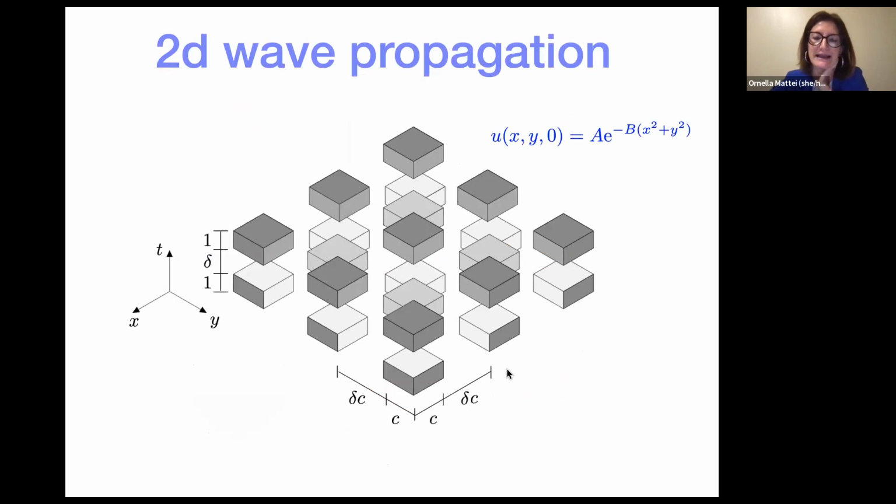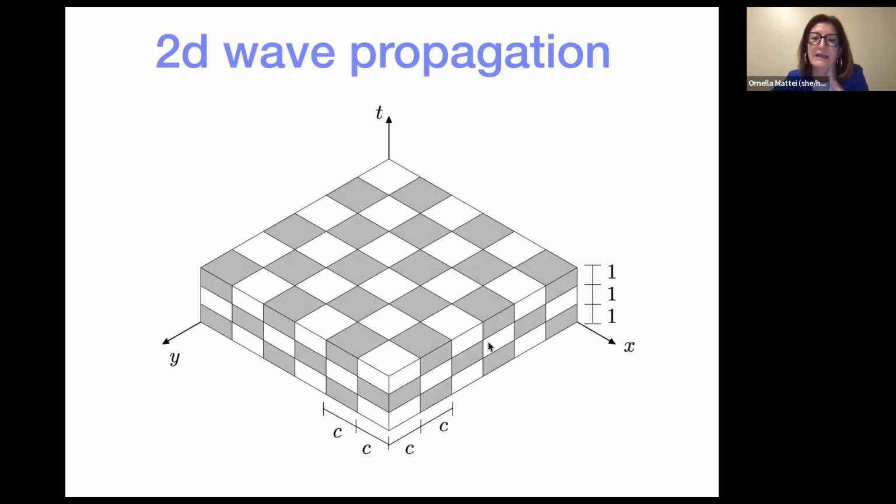And what we can do is to extend the 1D design to the 2D design by making it symmetric in the X and Y direction. So here you see a matrix of material 1 with inclusions of material 2. All these cubes have the same properties. They are just in different colors to highlight the three-dimensional depth here. You can choose the design parameter delta as you like. If, for instance, you choose delta to be equal to 0, then you do end up with a proper space-time checkerboard, both in space and in time.